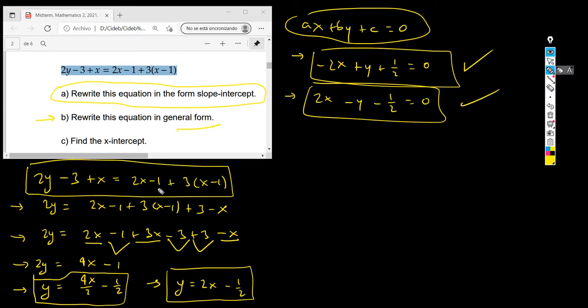Find the x-intercept. In order to find the x-intercept, let me write this in here. Okay, what is the x-intercept? The x-intercept is the following. If you draw your line, let's imagine that the equation of this line looks like this, in this direction. We're not sure, we're just making believe. It doesn't matter. So this is the y-intercept, this is the x-intercept,